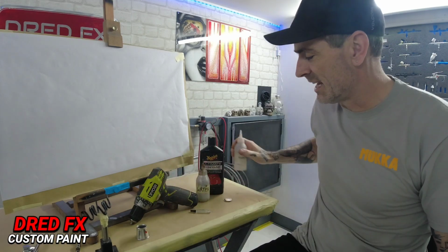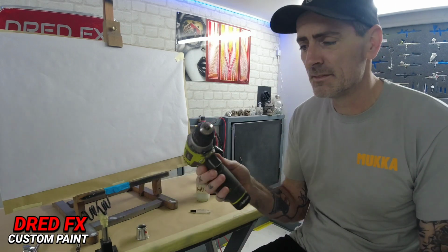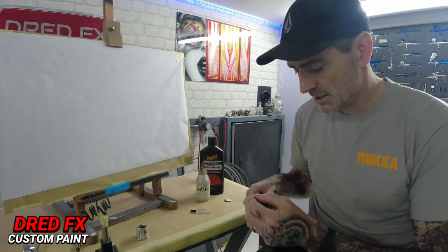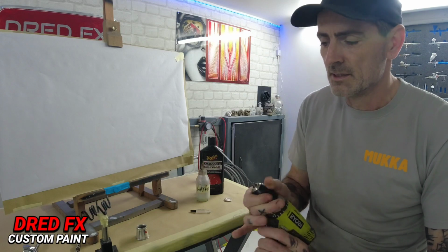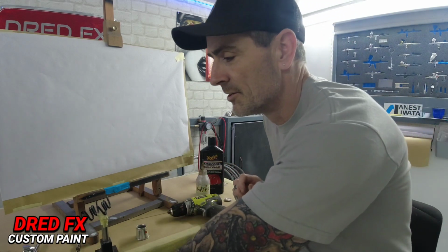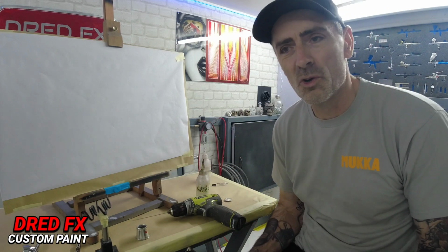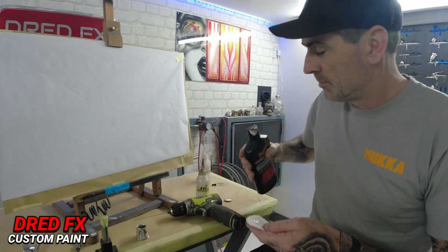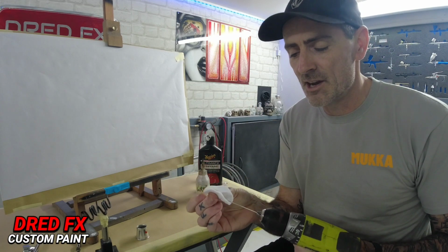Now, if you want to go to the next level and maintain your needle the right way, get yourself a cordless drill, like that. Undo your chuck, slide your needle in, nip the chuck up. So now you've got the needle in the chuck like that. Get another cotton wool pad, use some Brasso or cutting compound. I've got Maguire's cutting compound here. Little bit on the cotton wool pad, same again, pinch around the front, turn the drill on,